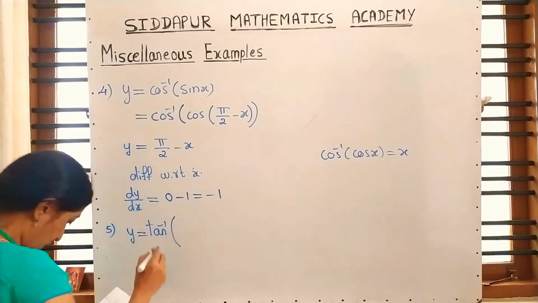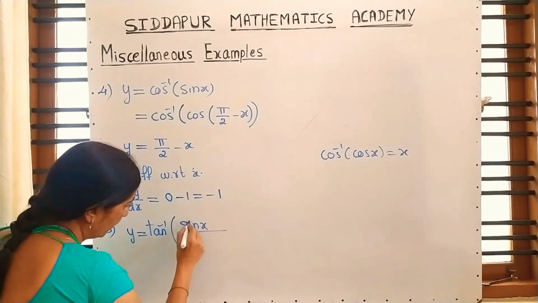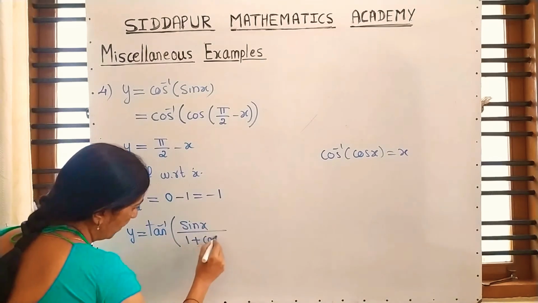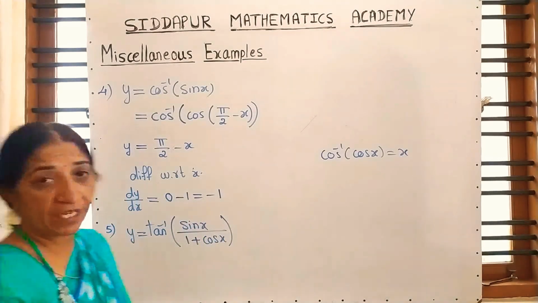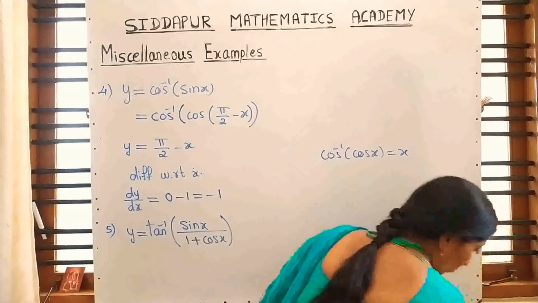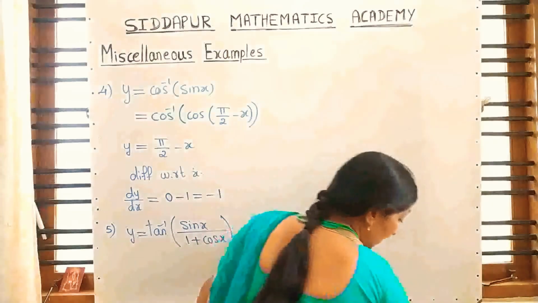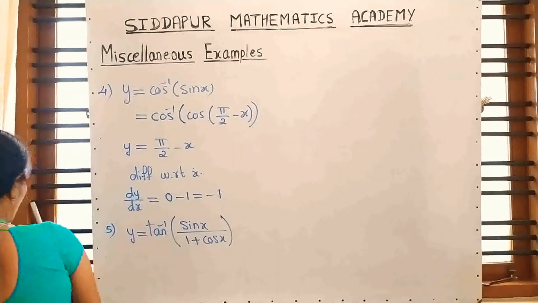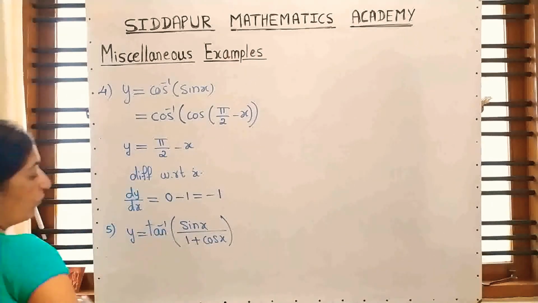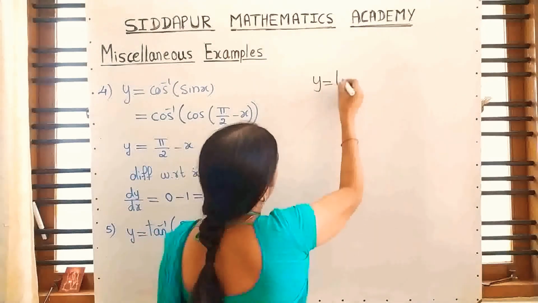tan inverse of sin x upon 1 plus cos x. If you differentiate it directly, it will be very lengthy. So what are we doing? That's why we are applying multiples and submultiples from first year trigonometry. Are you familiar with those formulas? Y is equal to tan inverse